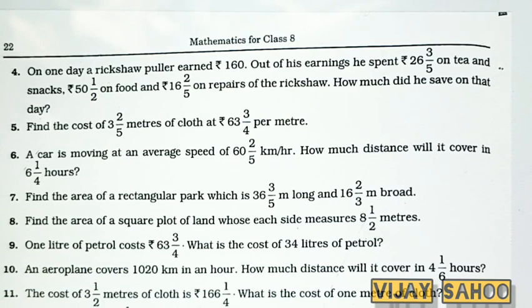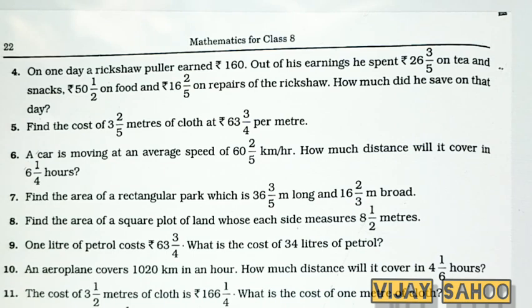Now if you see the 7th question, find the area of rectangular path. What was the formula for area of rectangle? Yes, that is length into breadth. Length value is given, breadth value is given. What will you do? Multiply. So L multiplied by B. Next is 8th question. Find the area of square plot. What is the formula for area of square? Yes, it is side multiplied by side or side square. Okay, so the side value is also given, so what to do? Multiply 2 times. Understood?